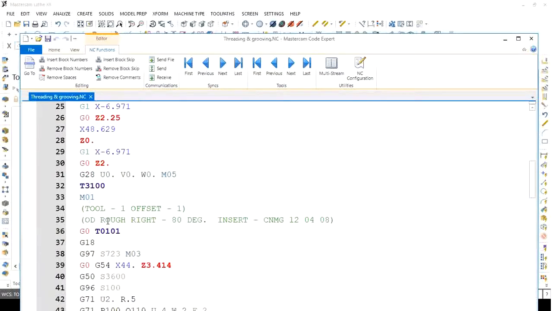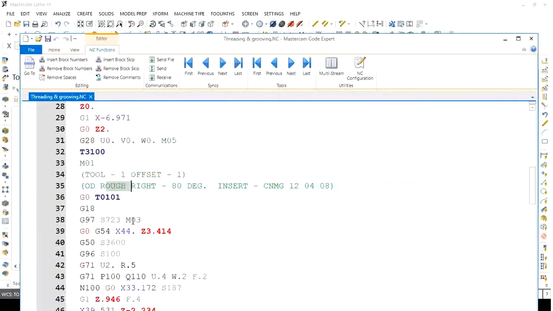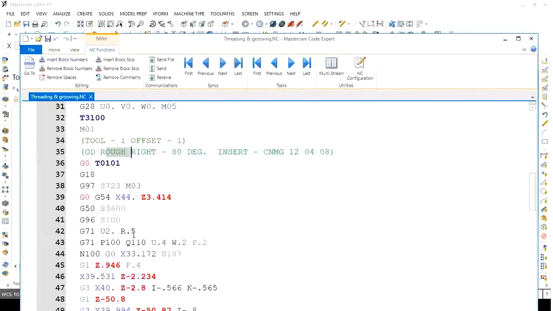Then the next operation is the roughing operation. Again, different codes will be used, same as we saw in the previous operation. Then G71 code is used for the rough turning canned cycle. The depth of cut we have provided is 2 mm. Retract amount is 0.5 mm. Then in the next line, P100, that is the starting sequence number for this rough turning cycle.